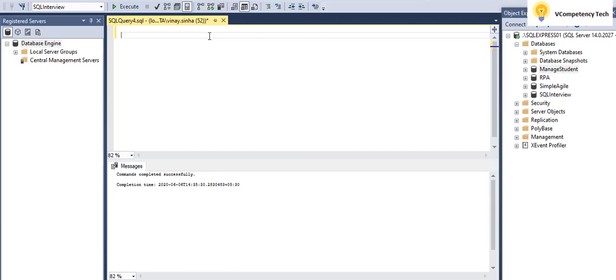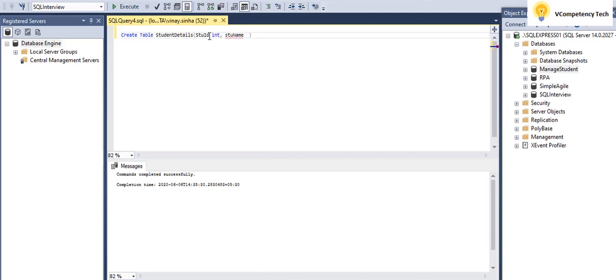So how I will create, I will write table, then table name I have to give. The table name I will give student details, open close bracket. Inside we need to give how many fields we need to create and the data type. So first I will give the field name. Field name I will give STUID, that I will give INT, comma, then I will give STU name.